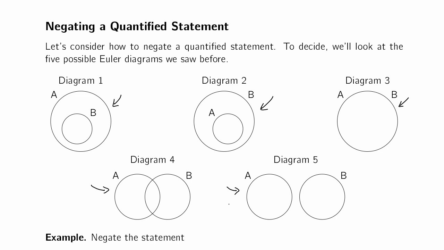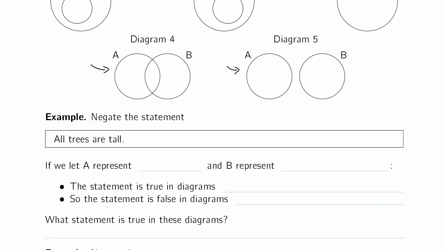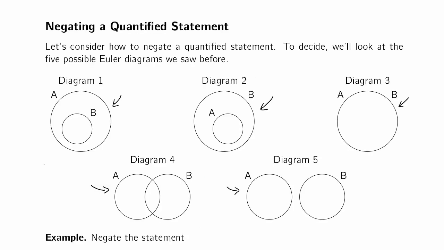Okay, so let's start with a statement. We have the statement, all trees are tall. We'll let A represent the trees, and B represent the tall things. Okay, let's look back at the diagrams and see where that's true. All trees are tall. A is trees. B is tall things. So if all trees are tall, then